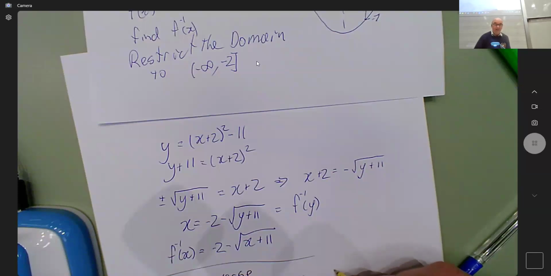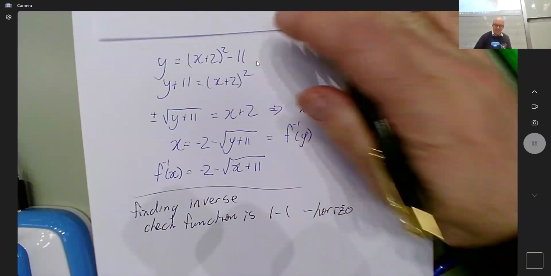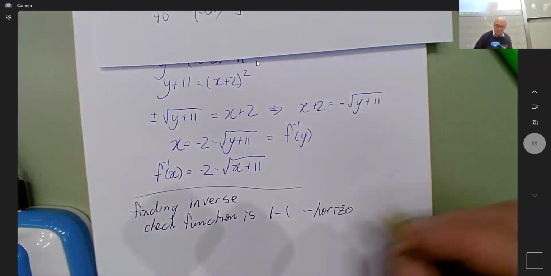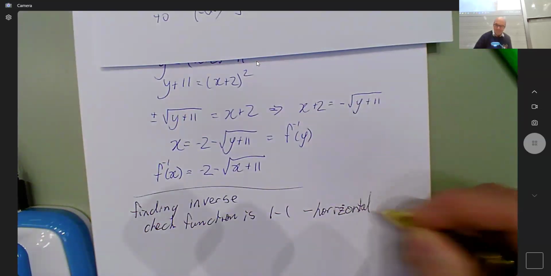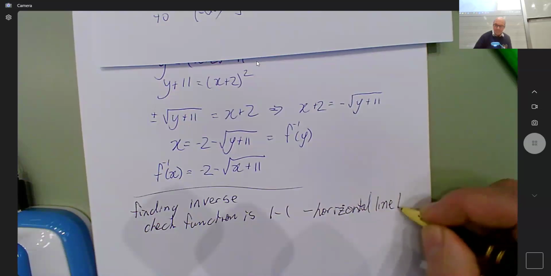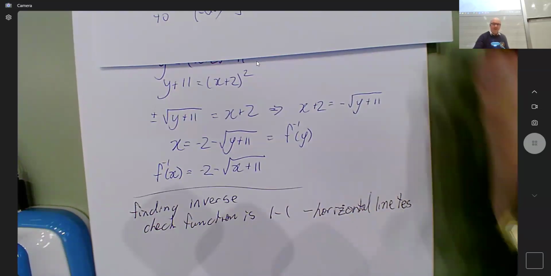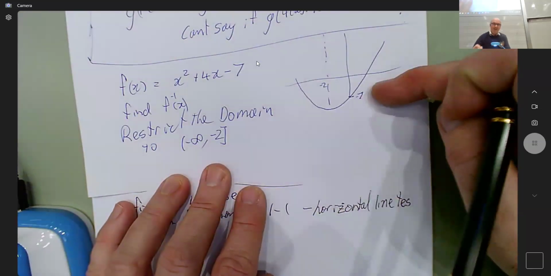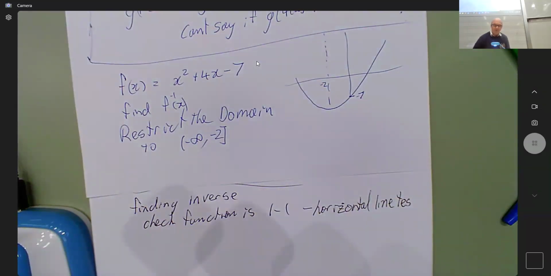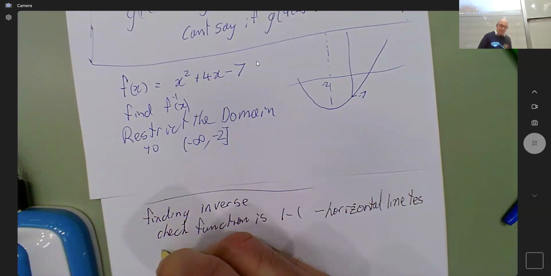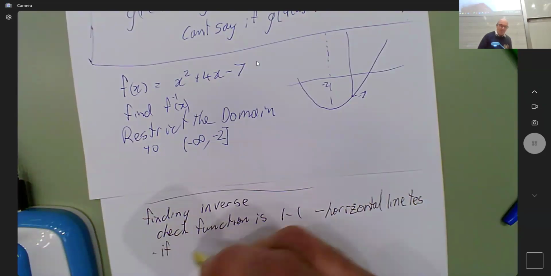There is a horizontal. So we all know the horizontal line test. If I draw a horizontal line and it cuts more than once, the function is not one-to-one. And then we have, if not one-to-one, then